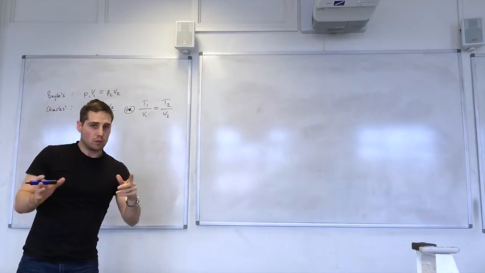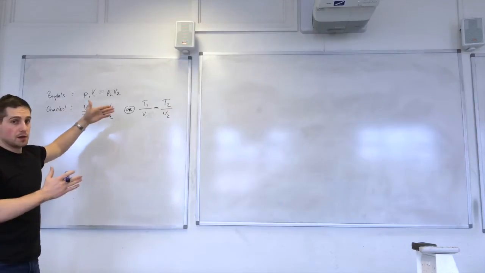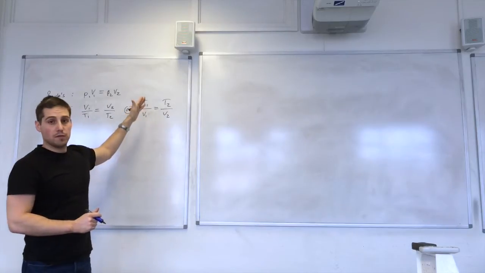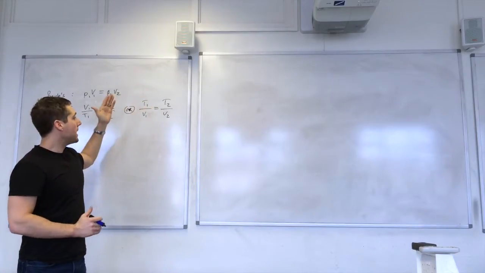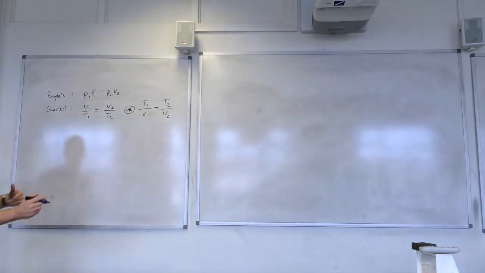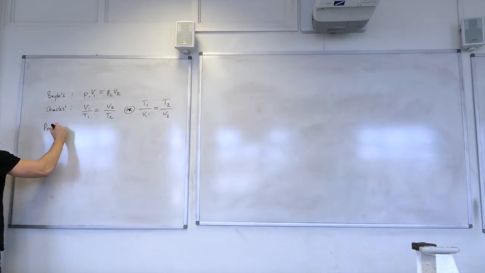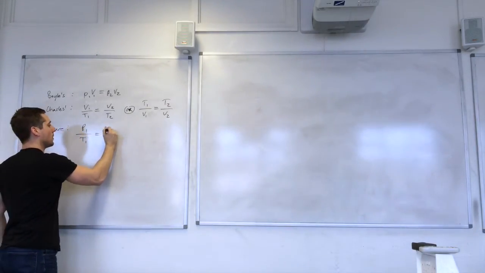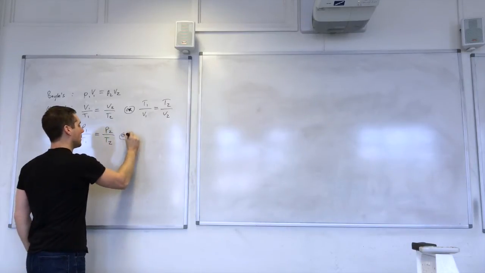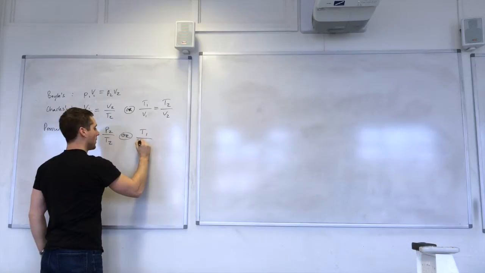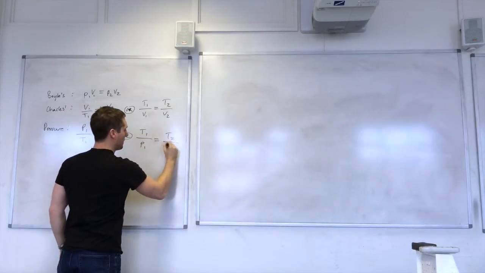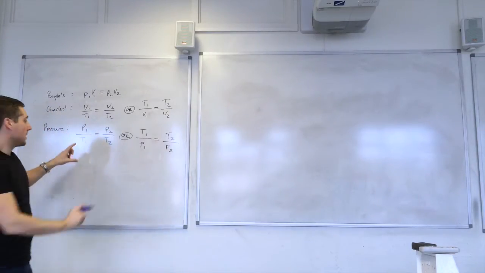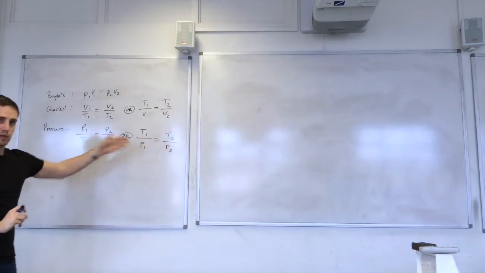The way of choosing which one you want to use is, if you want to calculate the final volume, for example, use this one because volume is on top, so the rearranging is easier and quicker. If you want to find a temperature, initial or final, then use this one because the temperature is on top there. So that's how you go about it. So we've got Boyle's, Charles's, and now the pressure law. Similarly, we've got the alternative. By taking the reciprocal of both sides, we would end up with this equation,